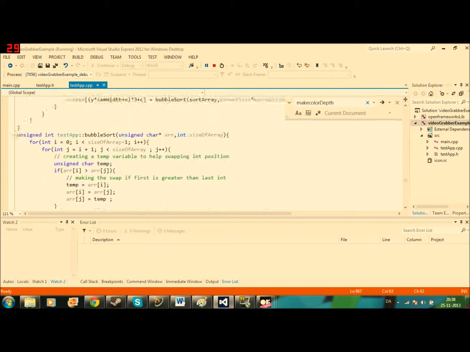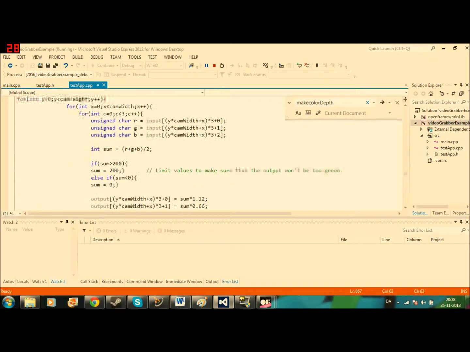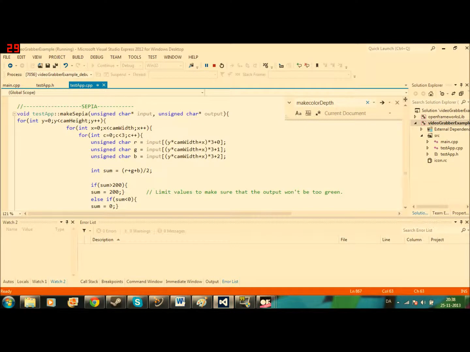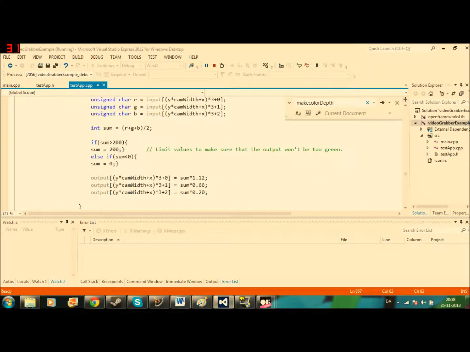Where do I have it? I have my sepia filter right here. Once again, check for the colors. I have a sum where I multiply with 2. Actually, I've seen this through another example through one of my friends, where you simply have to change the different. You have different sepia values for each color value,